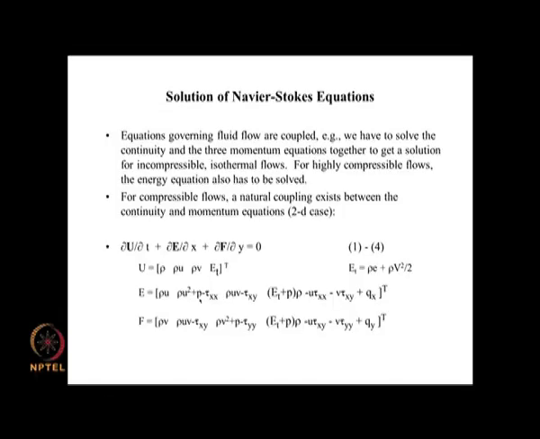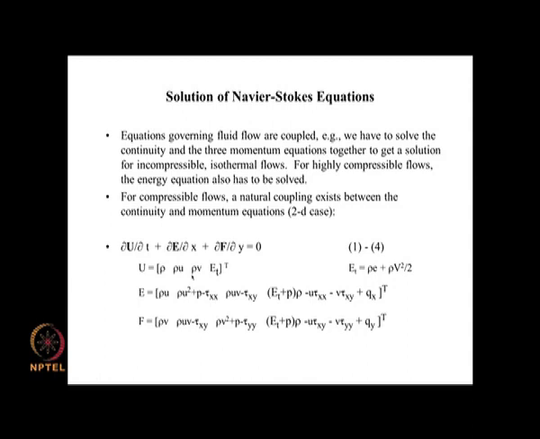So we are going to just rewrite it like this and say that this equation here, in terms of the vectors U, E and F, represents actually 4 equations, and the 4 equations in the case of 2D are the conservation of mass or continuity equation, conservation of x momentum equation, conservation of y momentum equation, and conservation of total energy consisting of internal energy and kinetic energy. Okay. So this is the form of the equation that we would like to solve. These are the coupled equations that we are trying to solve.